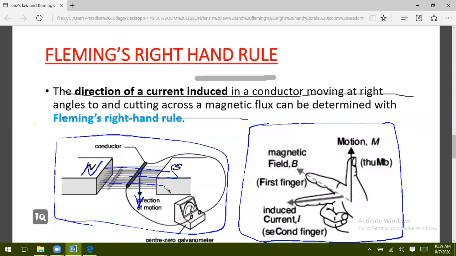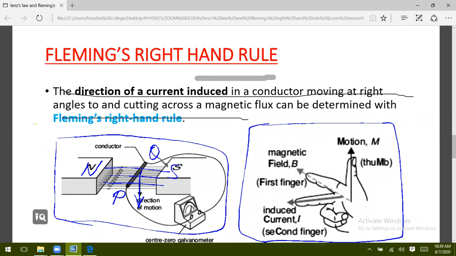If I'm going to ask you in which direction current should flow in this conductor, let's say this side is side P and that side is side Q, using Fleming's right-hand rule, let's try to figure out the current direction. Is it going from P to Q or Q to P? Motion is going down this way, the field line is going that way. So current is coming